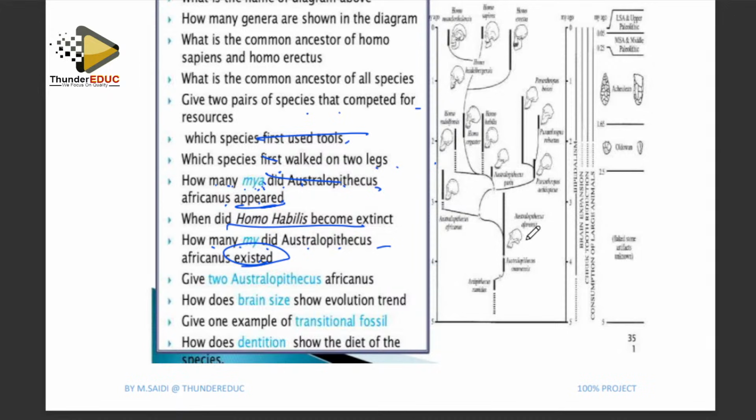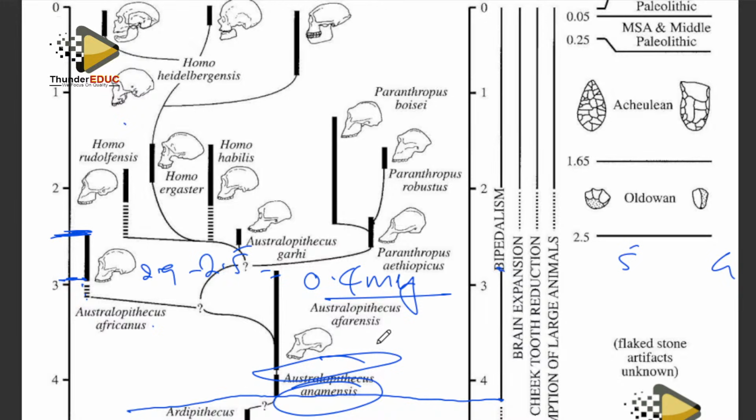In this case, if you are looking at this, we can look at so many transitional fossils here. We see that this one was a transitional fossil, Homo ergaster, because when it comes like this, it formed this and it continued like that. Even this one is a transitional fossil, because it started from here, Australopithecus anamensis became there. It didn't go extinct, it continued, it gave rise to this. And then now this one continued branching like that. So it can be like that. You understand?